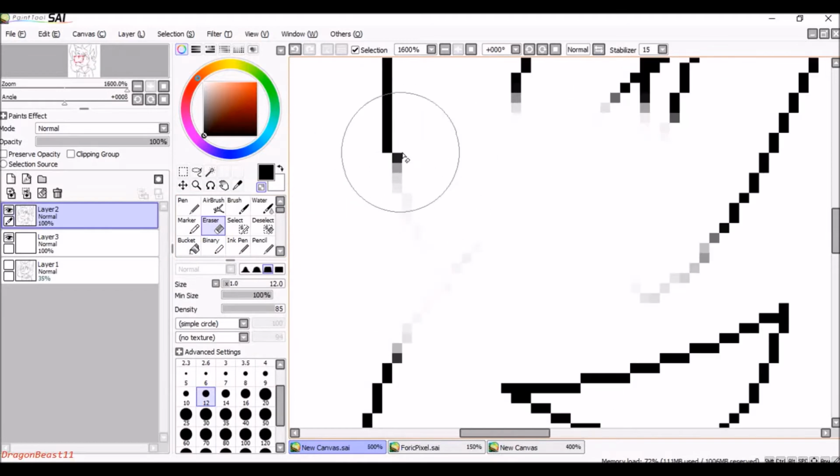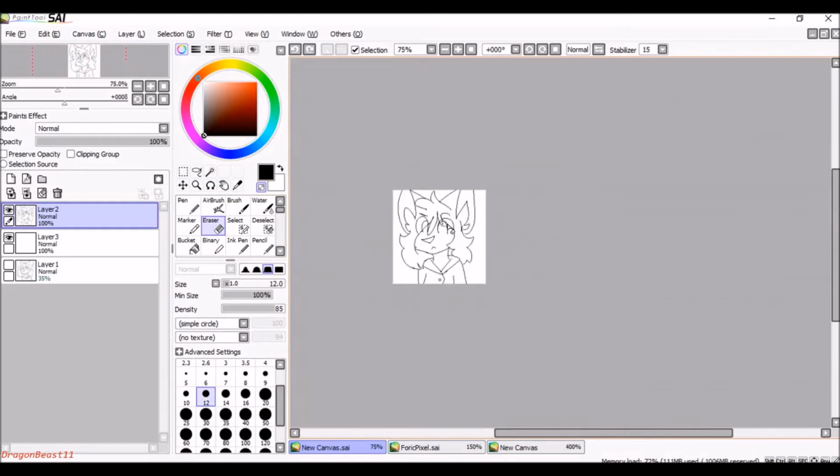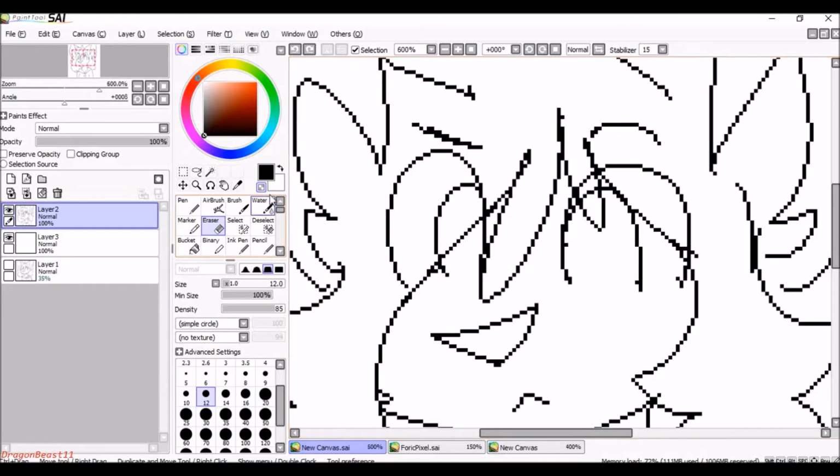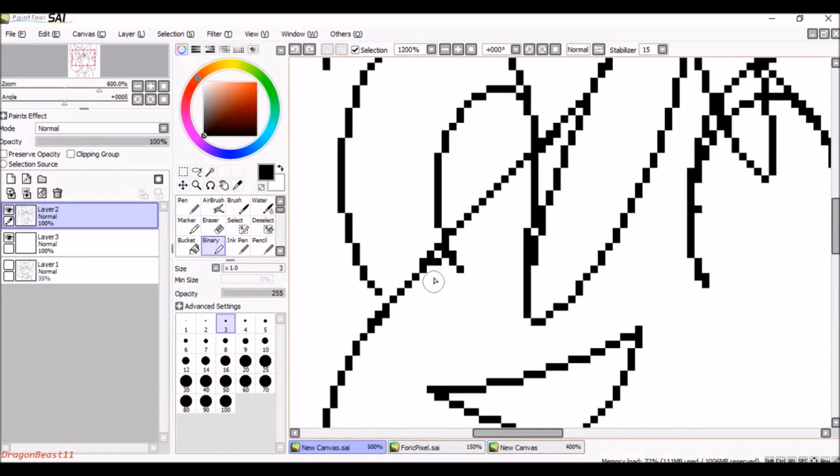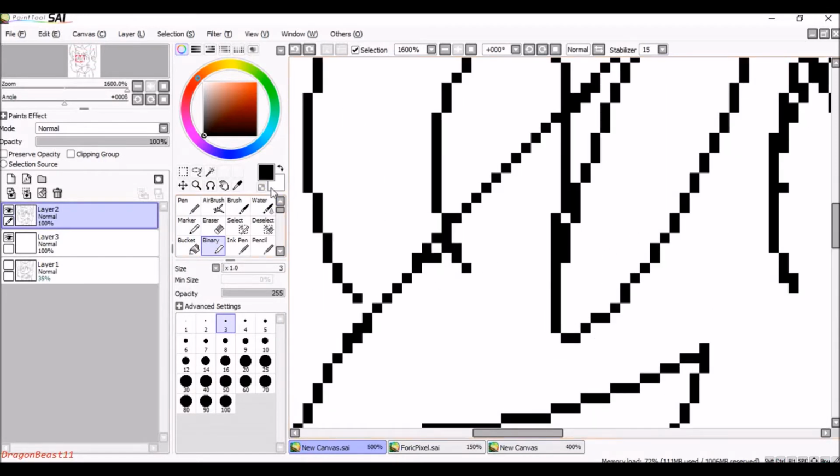If you use the eraser, this happens, and it's not good, especially if you want a thoroughly sprited thing. So if you get the binary and use this,